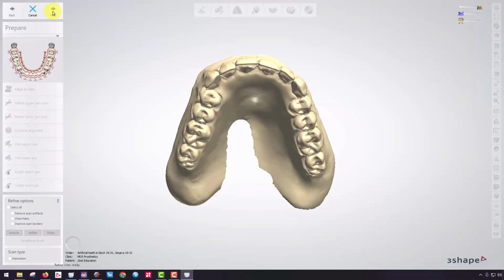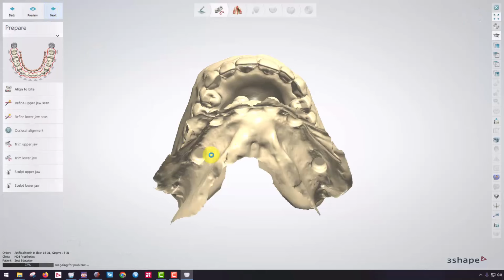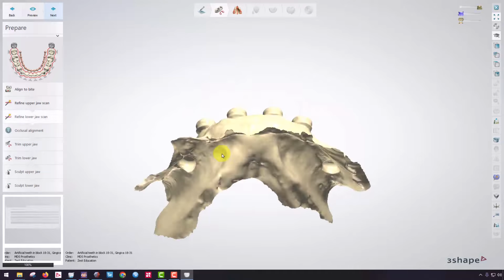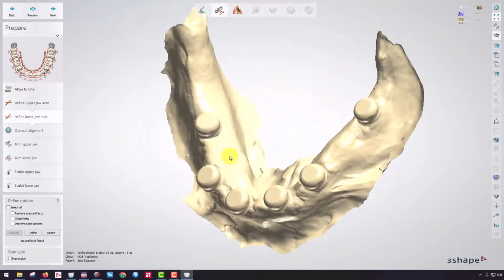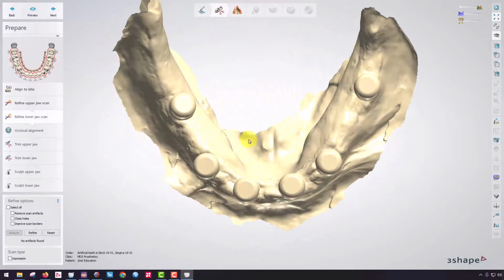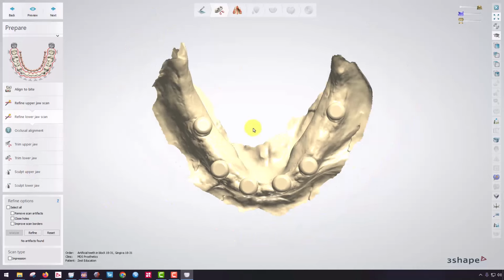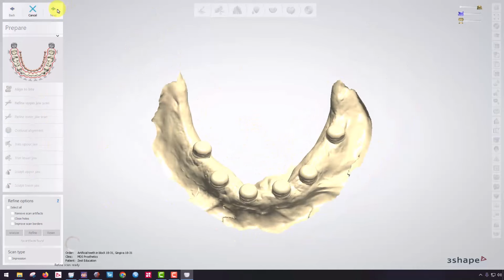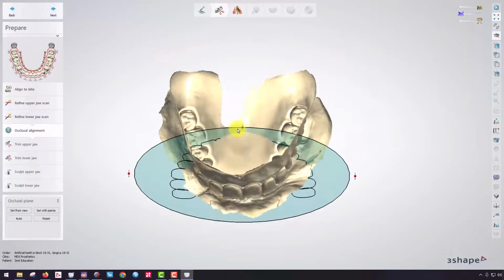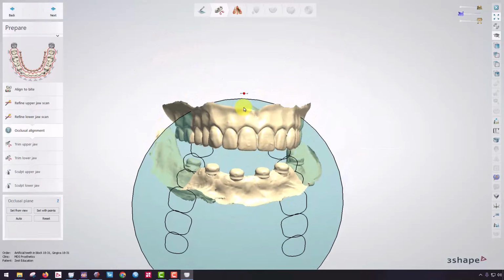I click the Next button. Same thing is true of the lower, since it's already refined. It should not find any artifacts. However, if I want to refine at this stage, it's totally fine just to leave it for this stage. Now at this point, it's going to ask me to align my